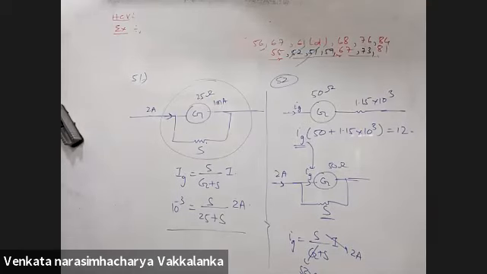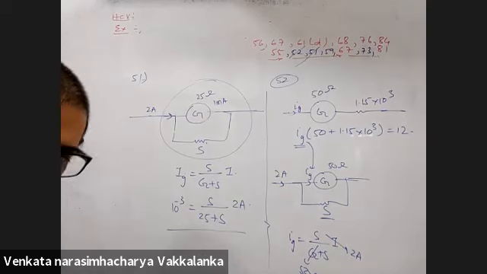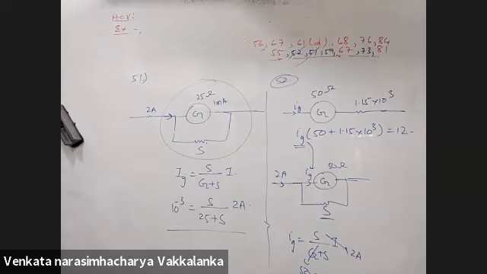Sir, have you discussed question number 37 and 43? 37, there is nothing to discuss in it. E1 by R1 plus E2 by R2 plus E3 by R3 is equivalent to E by R. Okay, sir. Got it. 43, have you discussed? 43, no. So can you take it at the end?